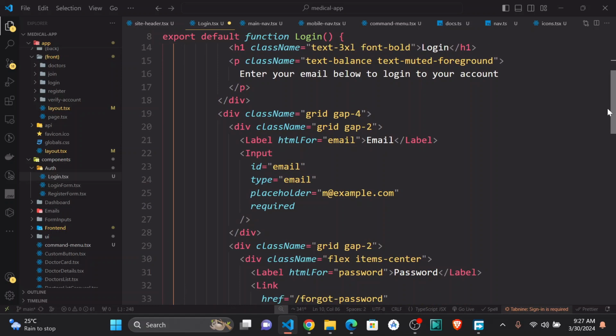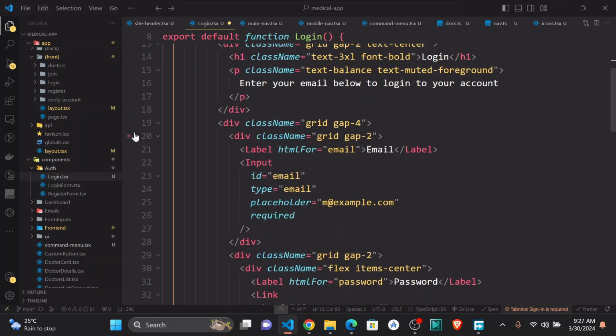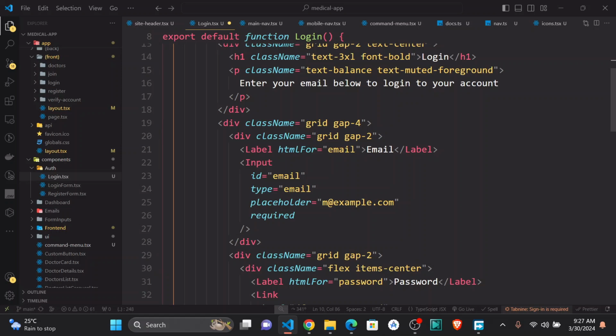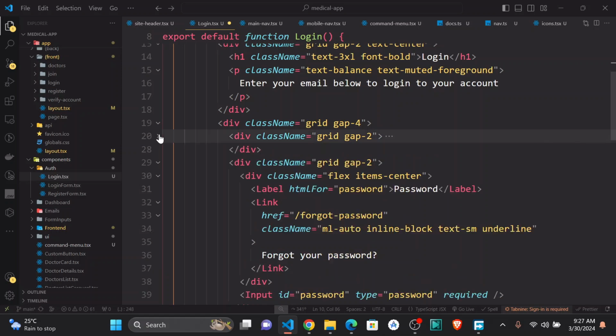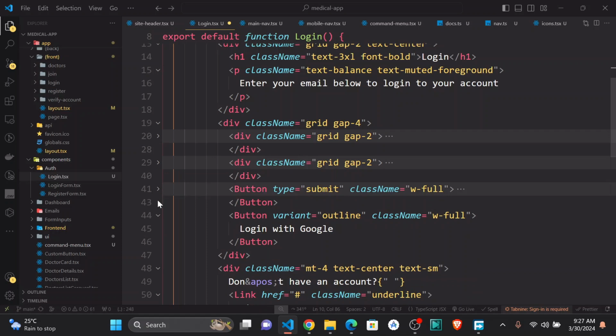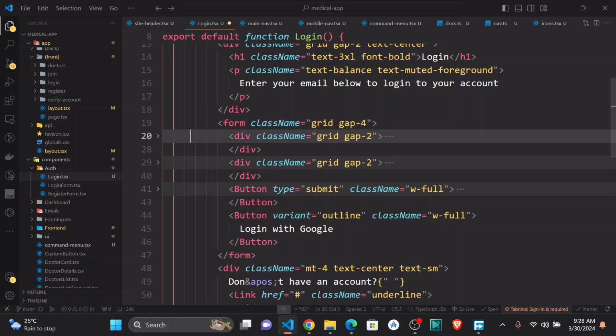Okay, so we just need to modify our inputs. The whole form starts actually here on this grid. This is where the form is. Basically, this is the inputs, just like this. So basically what it means, I can turn this into a form, just like that. Then after that,